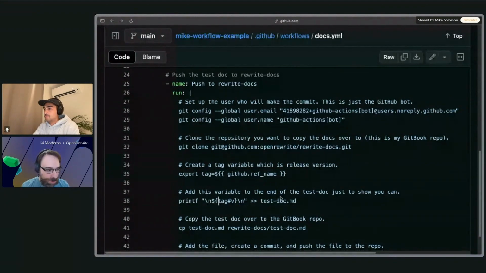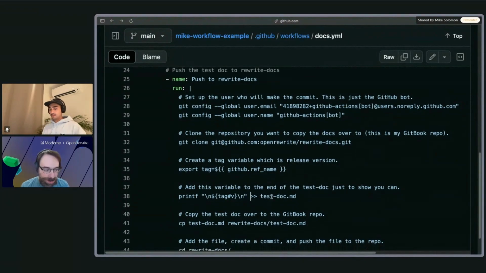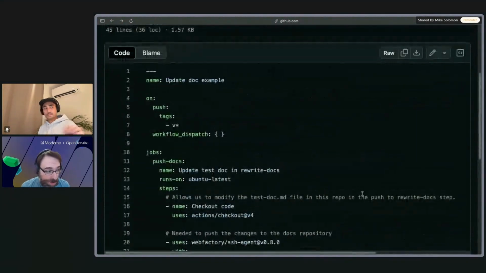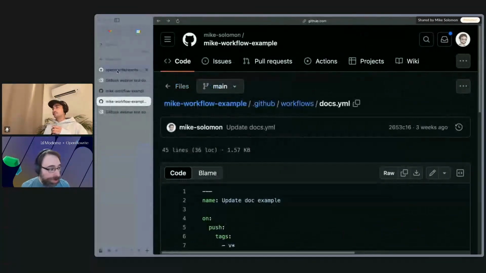After that, we can see this is where I actually edit the doc. So in my test doc, I add like some new lines. I add a tag, some new lines. You could kind of do whatever you want here. This is just a simple example. I then copy that test doc over to the rewrite docs that I've cloned from above, and then I do a commit for it. So to kind of show you how this works, if we take a look over in